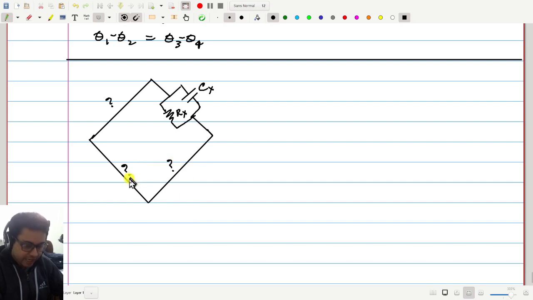Now, as we studied yesterday, if you want to make a ratio bridge, take two adjacent arms such that their ratio is a pure real number or pure imaginary number. For example, I can choose these two adjacent arms. You could also choose maybe these two, no problem. Maybe I choose these two adjacent arms to be purely real, R1 and R3. Then what will you choose here?